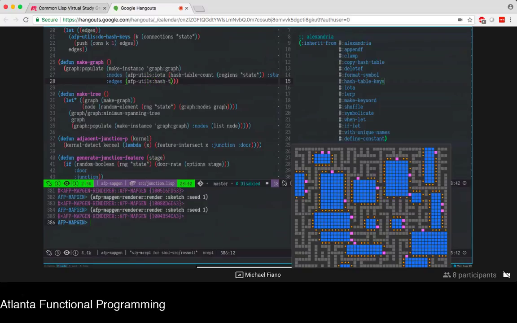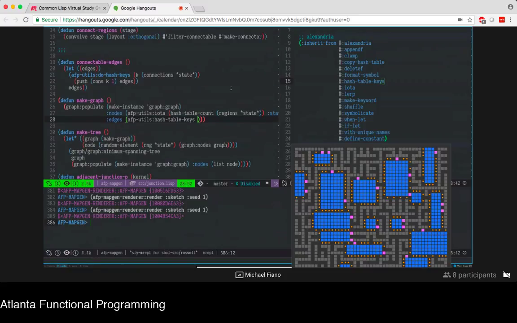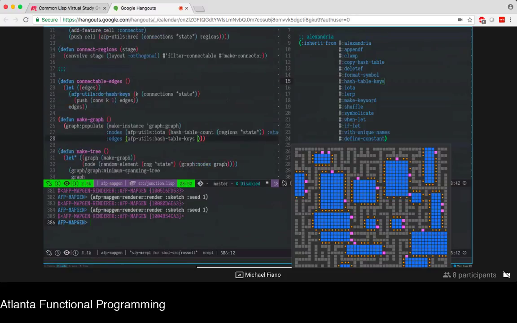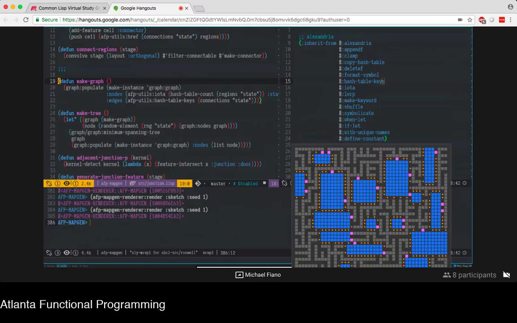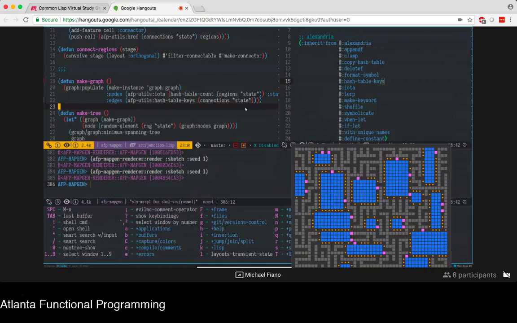So basically now instead of manually pulling out the keys and pairing them up with weights of 1, since we aren't using the weights at all anymore, we can just use a utility function for pulling out all the keys of the hash table. And that way we don't need that utility function at all. Much simpler. Anyway, once we have our tree there, which contains our minimum edges, back down in our